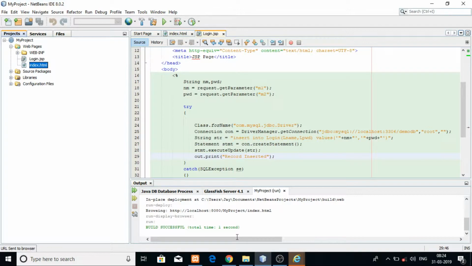Now here I am just writing J and password as per mar. When I click on submit button, the login.jsp page is displayed. Now if I open a browser, if I open an admin panel, if I just paste the record,